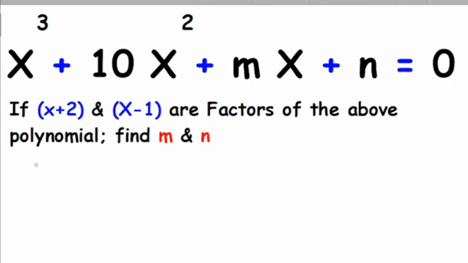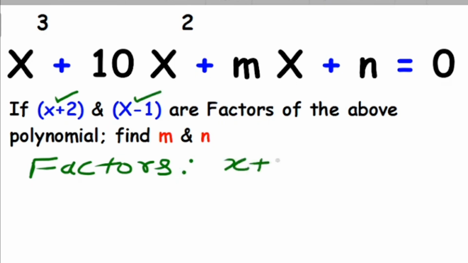In this question, a polynomial is given where x plus 2 and x minus 1 are the factors of the given polynomial, and we need to find the value of m and n, which is unknown to us. We need to solve this question. Since x plus 2 and x minus 1 are the factors of the polynomial, so equating it to 0, we